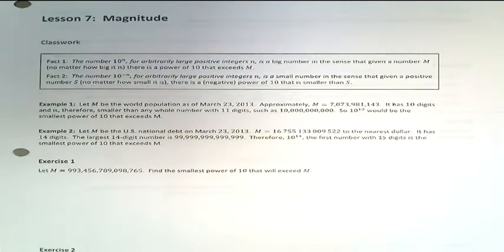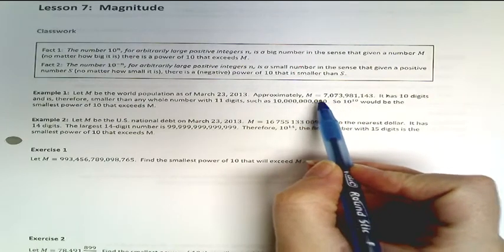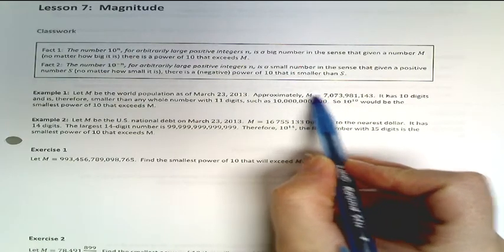Every number has a magnitude. Can it be big or small? It always means something. It has specific magnitude. So we are going to look at the example first, and then we will see what facts mean. First example. Let M be the world population as of March 23rd, 2013. Approximately, that world population is denoted by M,